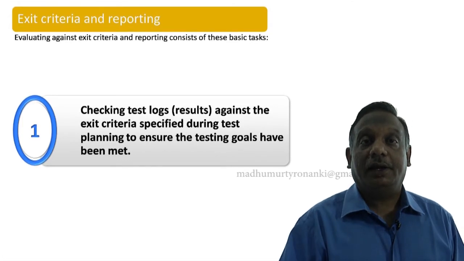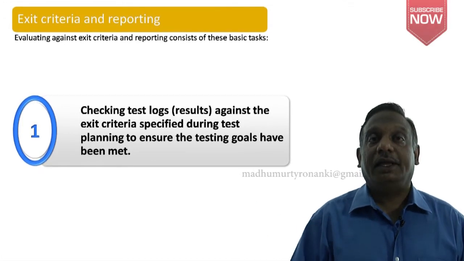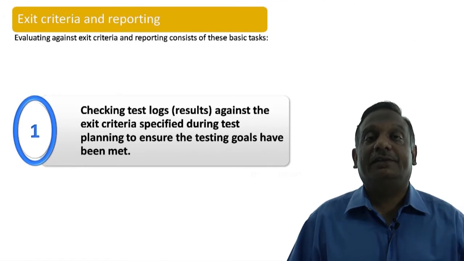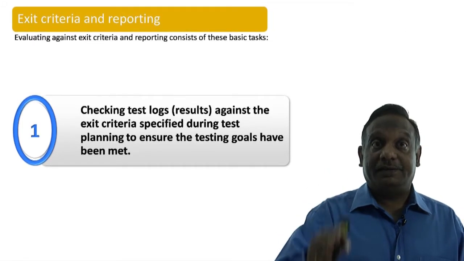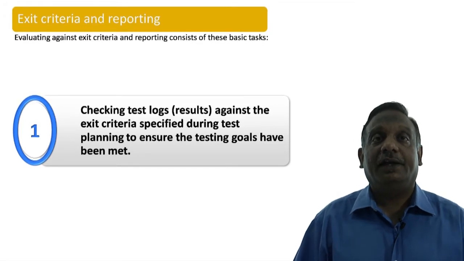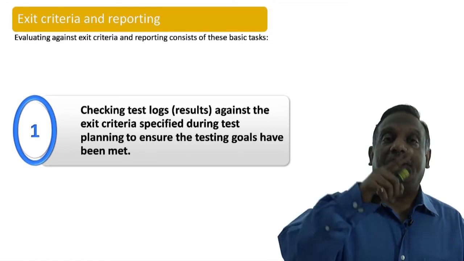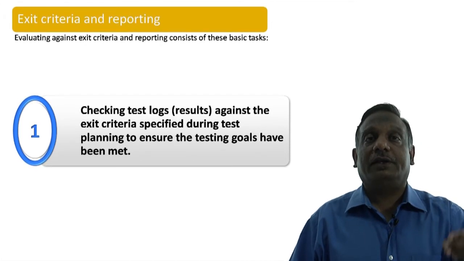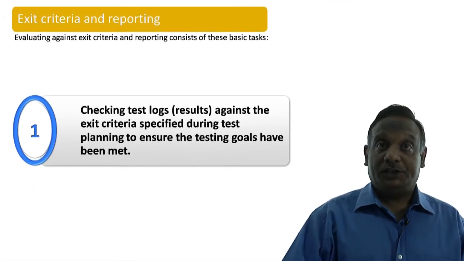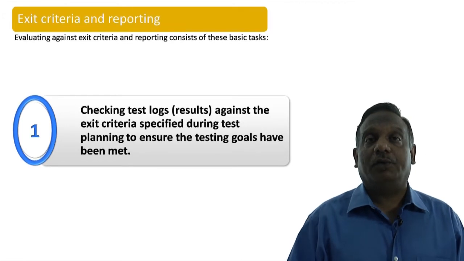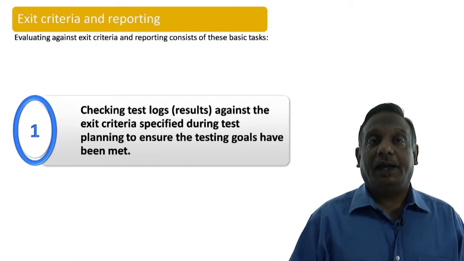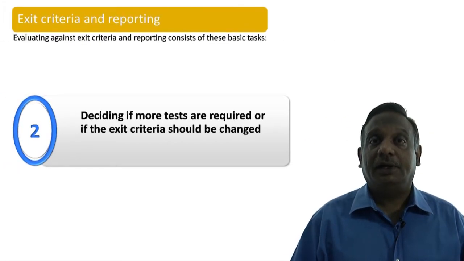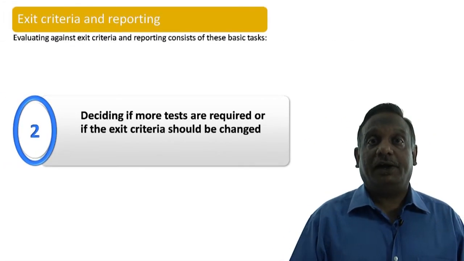So what do we do here? We check test logs against the exit criteria. When did we set the exit criteria? We set, or specified, the exit criteria at the time of test planning. And now at the test execution time, we look at the logs and we check whether we have met our goals or not. And if we have not met our goals, we'll make a decision if more tests are required,